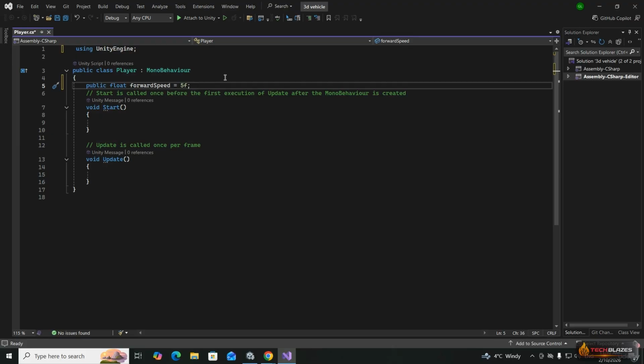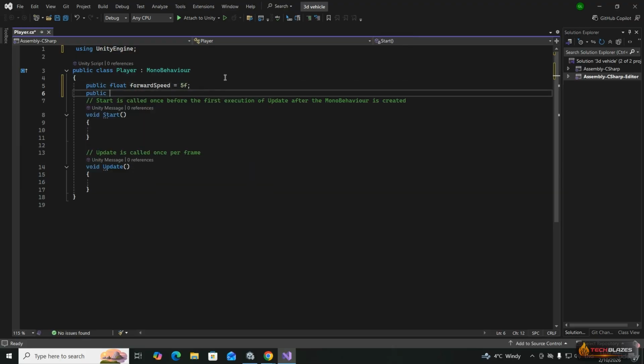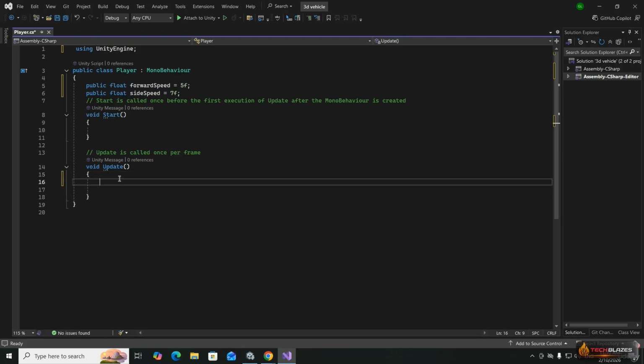Now we have our first variable. Let's create another variable, public float, side speed. By default, I will make it 7f. Those numbers are just very default, very random, and we will play around with those numbers later and we will change them. But anyway, now that we have our variable, next thing that we want to do,